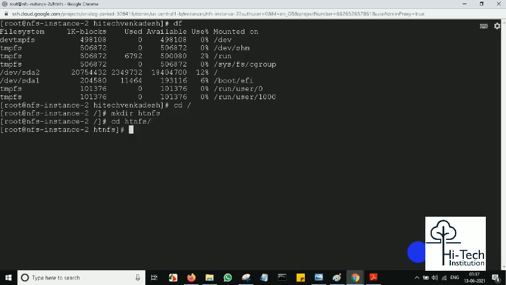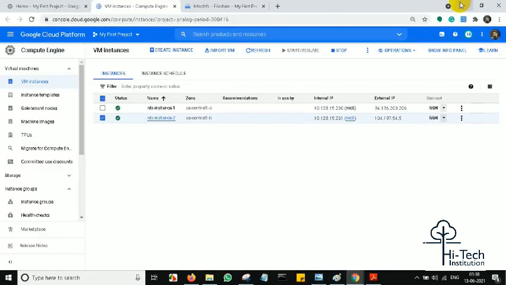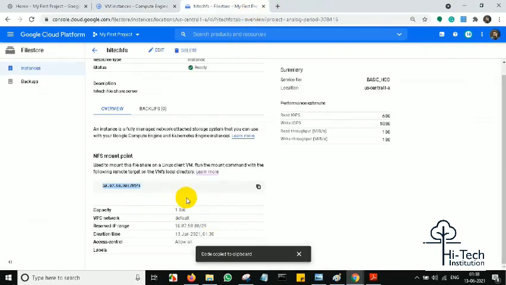Now I'll be getting into mount, saying mount and the mount path. Oh, sorry. I need to copy the path again from the file store. So I'll be getting this path from here.